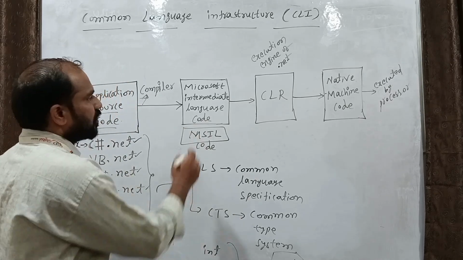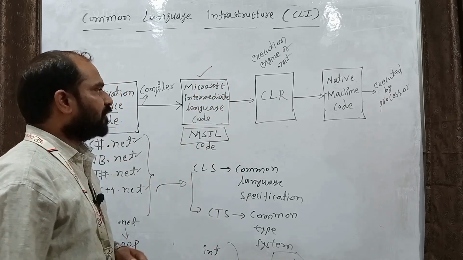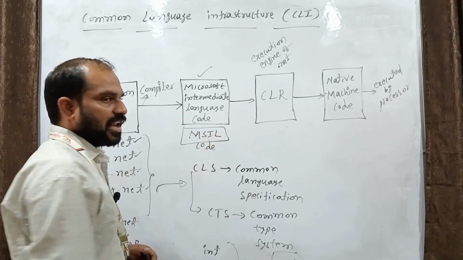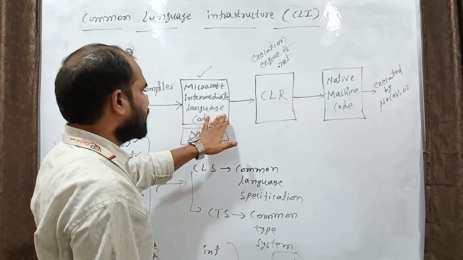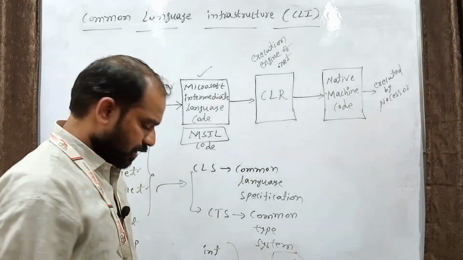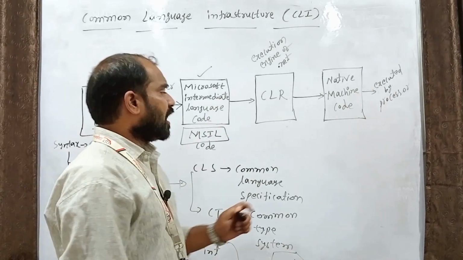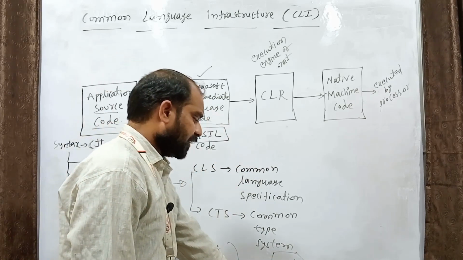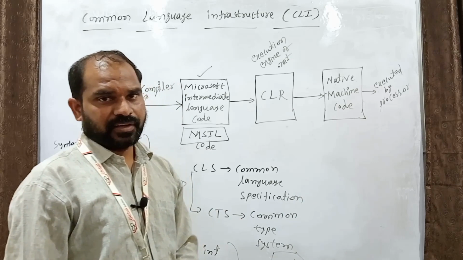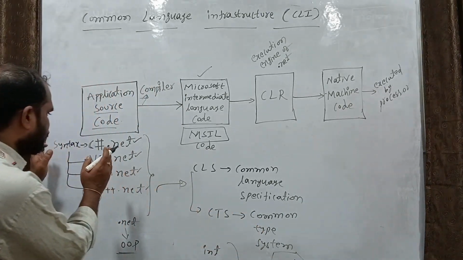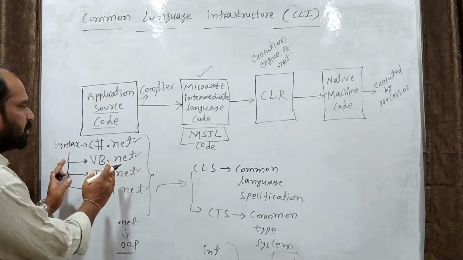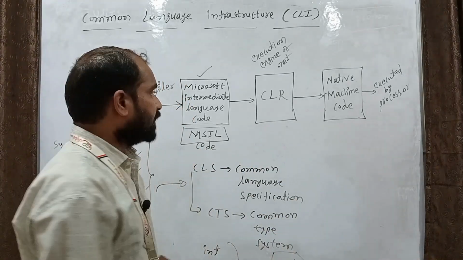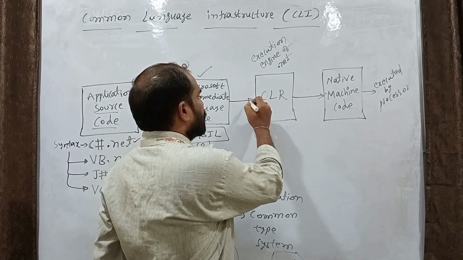That code is called MSIL code, Microsoft Intermediate Language code. First this code gets generated when you compile it for the first time. This MSIL code contains the data types defined by .NET. Your code gets converted from the syntax of that particular programming language to the common syntax defined by .NET. And then after that, that MSIL code